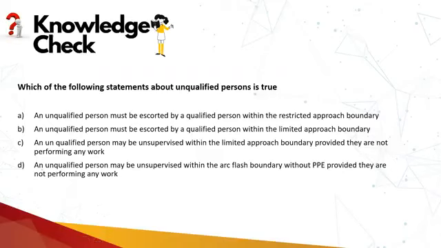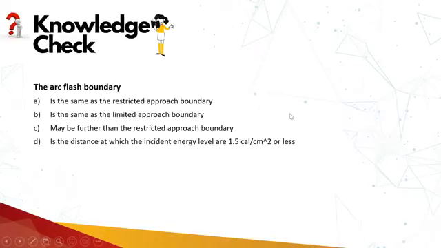Okay, any question on this one, or is this clear? Sir, what is the right answer? B, an unqualified person must be escorted by a qualified person within the limited approach boundary. All options are wrong. So in the exam, you could have more than one answer at a time. Okay. Moving to the next one. The arc flash boundary is